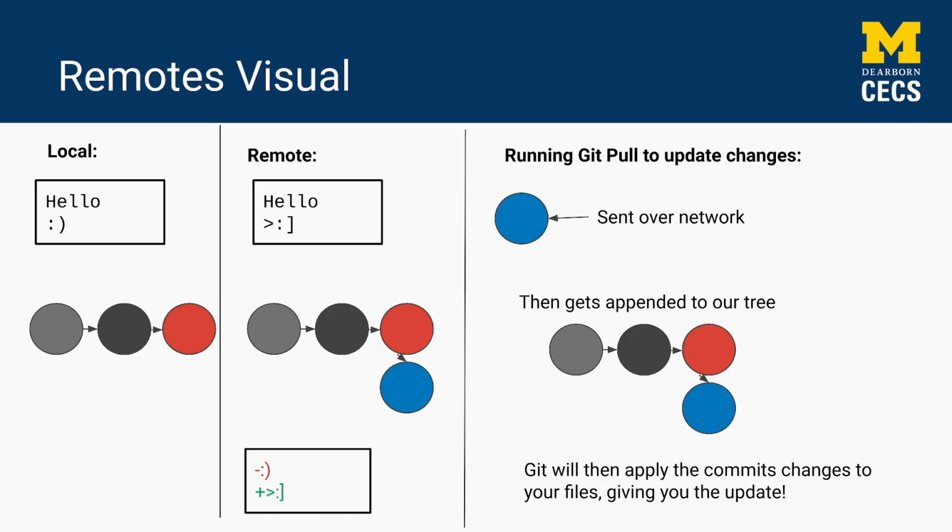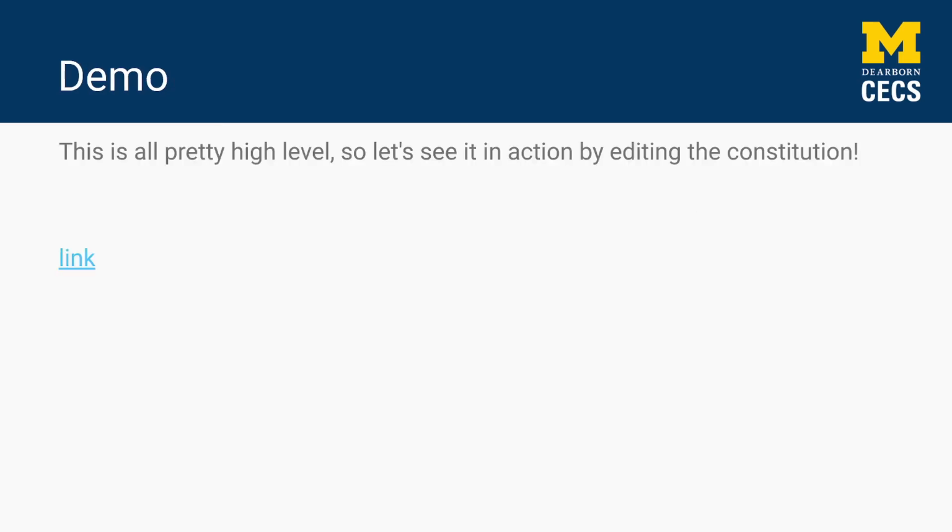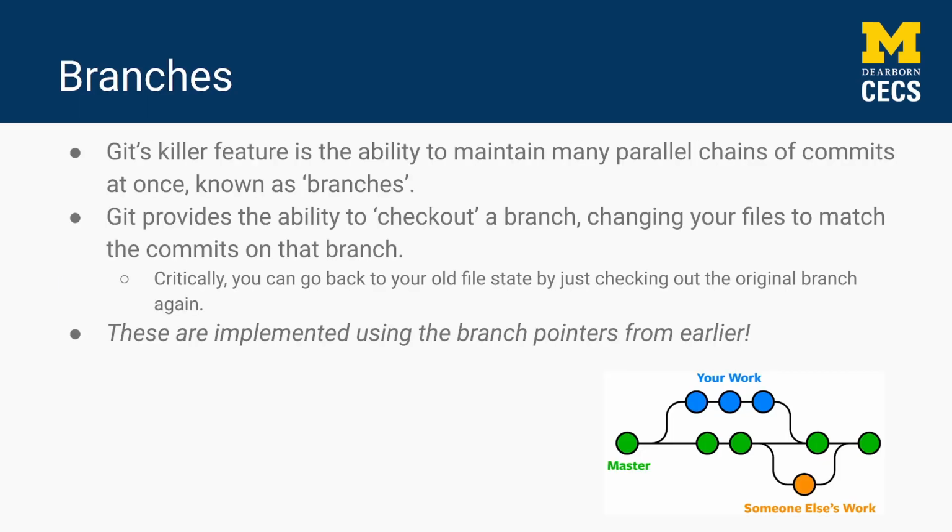The important part of all this is, again, it's only the changes that have changed. So in a massive code base, you're not copying all of the files every time. You're just copying a few kilobytes, which is really where the power of this comes in. I'm not going to actually do this yet. I want to get to branches first, and then I want to have a bit of a demo of merge